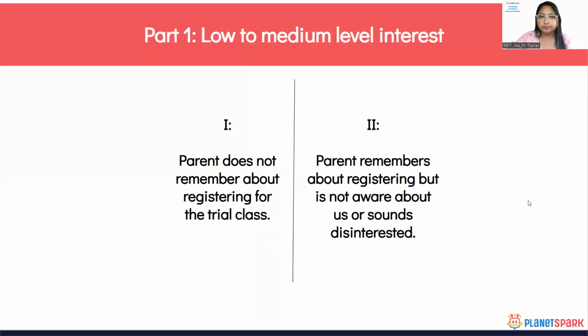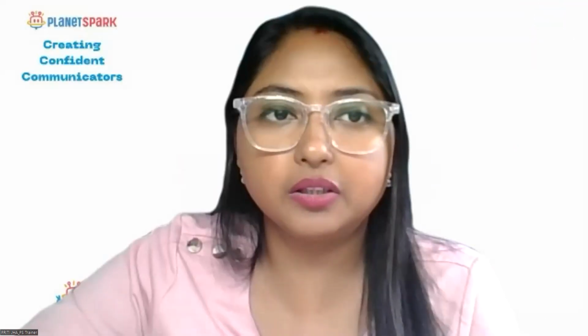Now, part one is low or medium level interest. The parent is showing low or medium level interest in the demo. The first situation can be that the parent does not know or does not remember registering in Planet Spark. In that case, what could you do? So what we can do here is